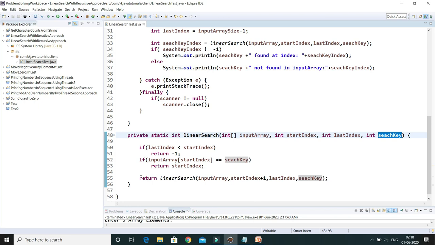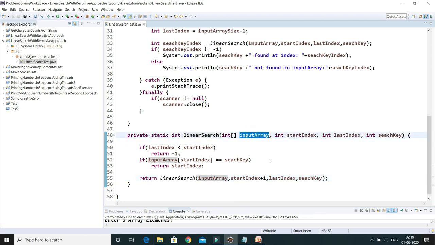So if you look at the complexity, then the time complexity is, in the worst case, big O of n, right? Because you need to search through the entire array. Time complexity in this process is still big O of n itself, because you have to again search the entire array, right? So let's say my element is present at the last index, right? Then you have to search throughout the entire array, right?